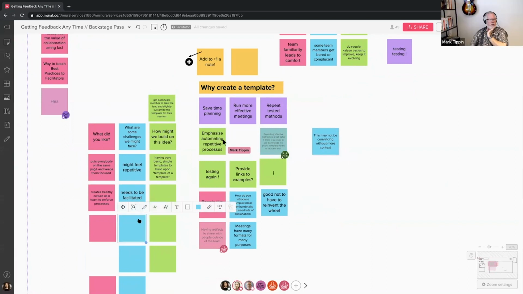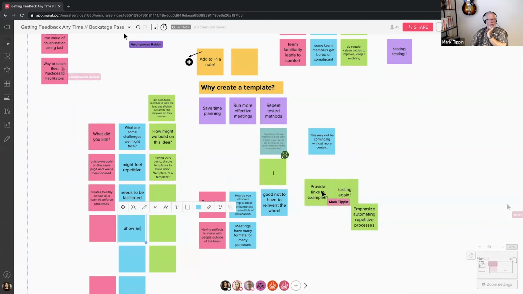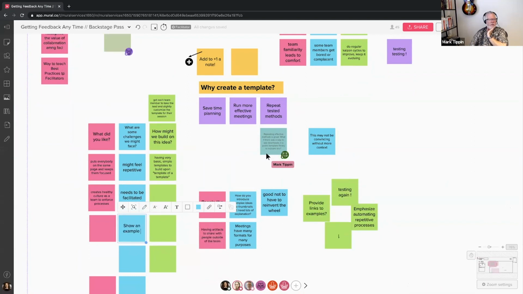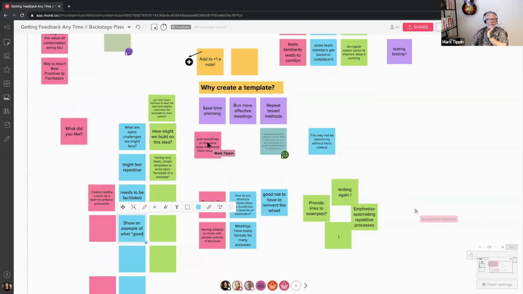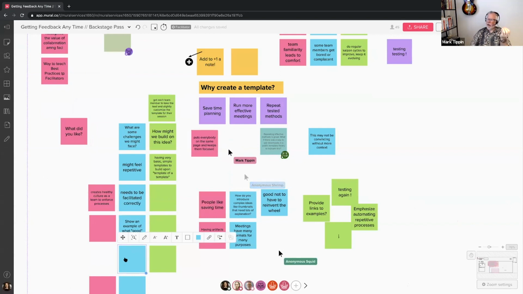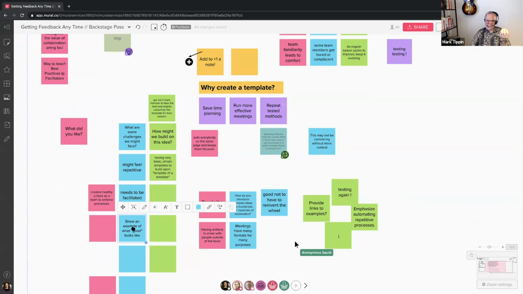Yeah, absolutely. So I'm going to start doing a little affinity clustering here by themes. The thing that is interesting about feedback is you can have some people commenting on one aspect in both a positive and a negative way. There's an aspect of a negative here where it might feel repetitive, right?